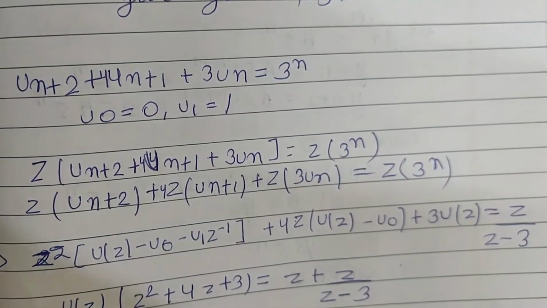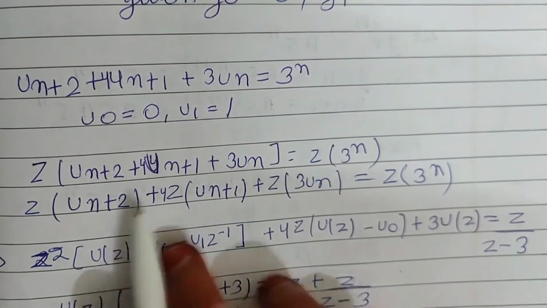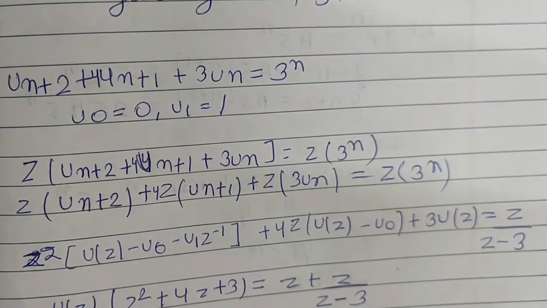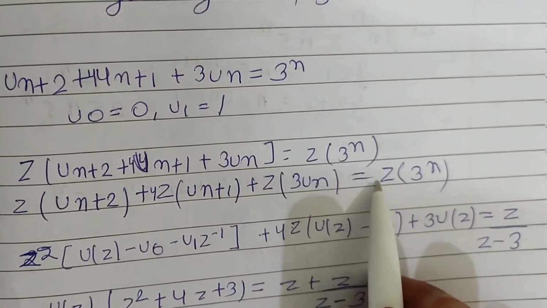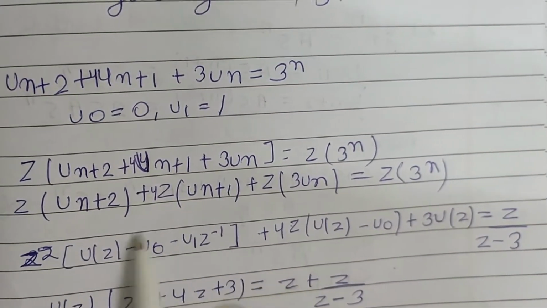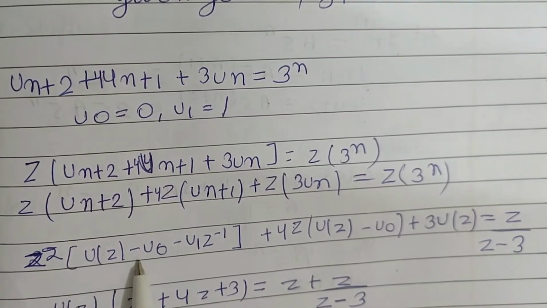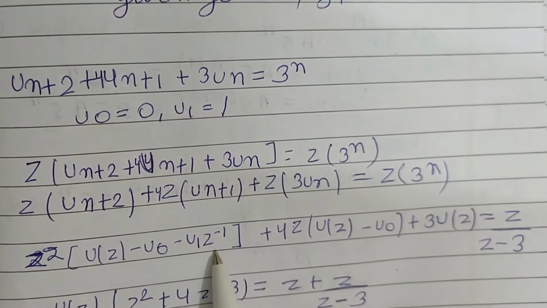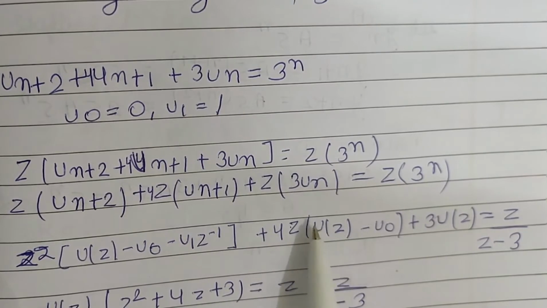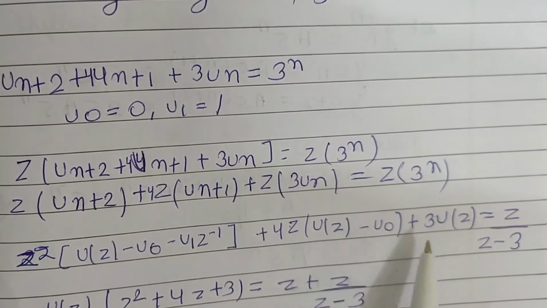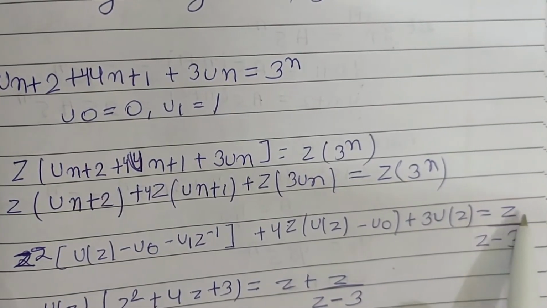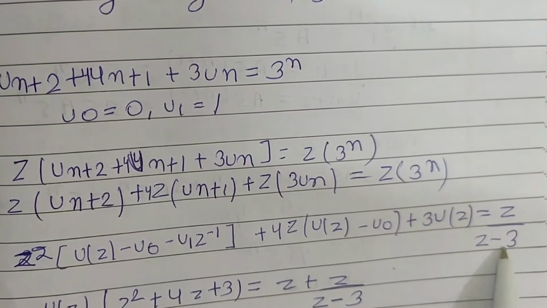So taking z transform on both the sides, we'll get this, and now Z of u(n+2) + 4 Z of u(n+1) + Z of 3u(n) = Z of 3^n. Now Z of u(n+2), as you know, is a standard formula: z square outside, and inside the bracket U(z) minus u0 minus u1 z inverse, plus 4z outside, U(z) minus u0, plus 3U(z) equals, the formula for this, as I have told earlier, is z by z minus a, here a is 3, so it's